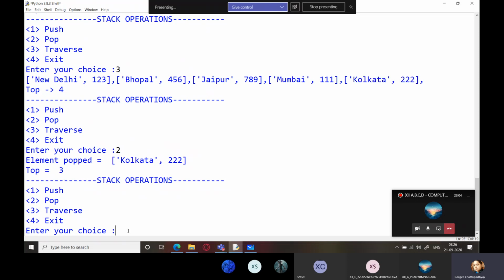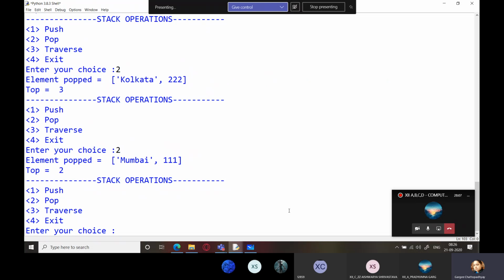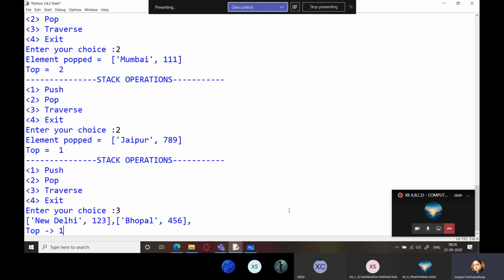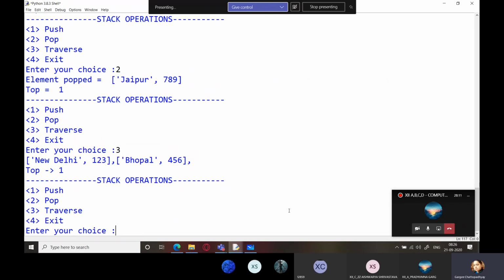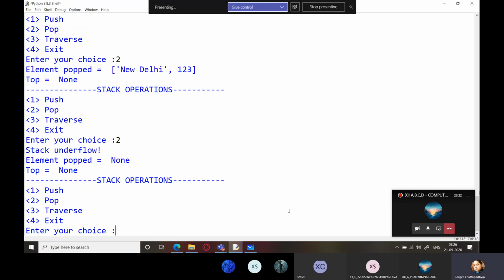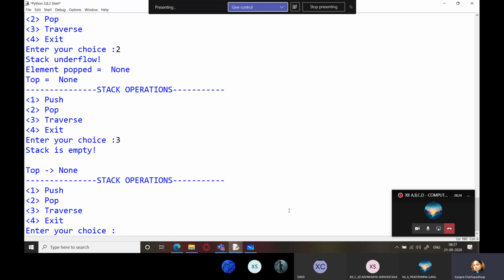Similarly, if I just enter the choice 2, you can see how elements are getting popped. This is my stack. And if I try to pop anything from here, there is nothing to pop. If you try to traverse, then also the stack is empty.